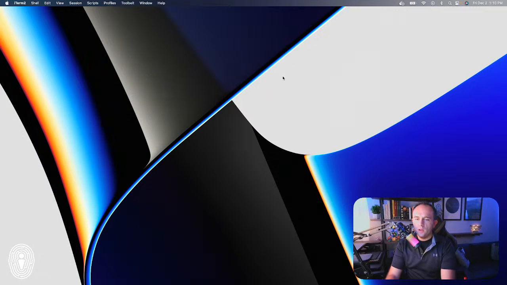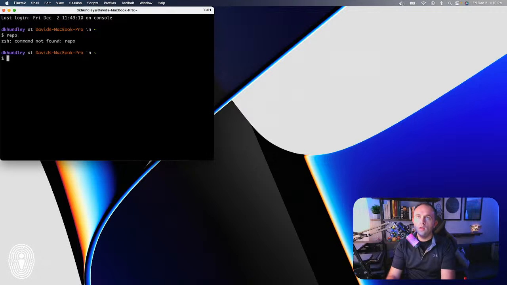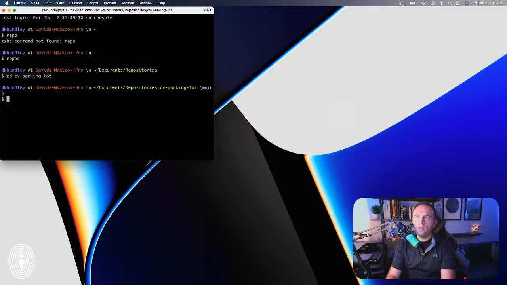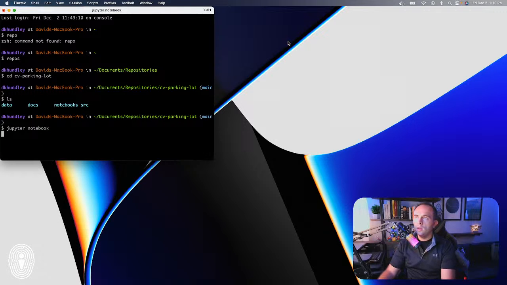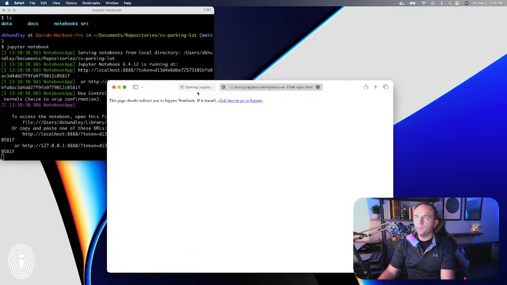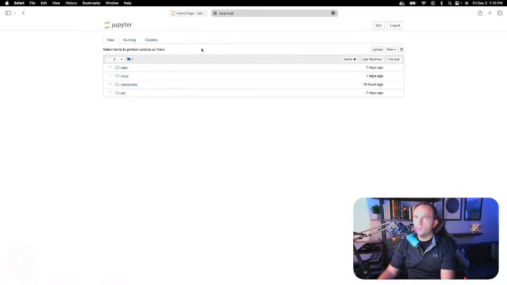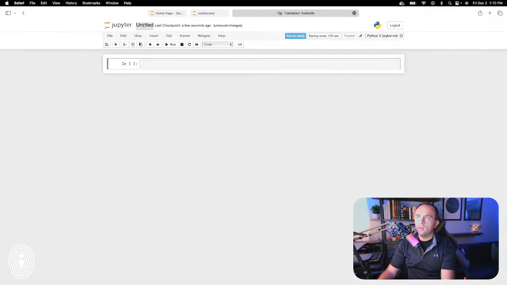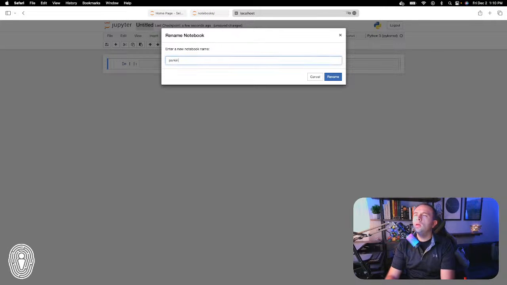All right, let's go ahead and fire up a Jupyter notebook. So, repos, cd, CV parking lot, ls. All right, so Jupyter notebook. Okay, all right, let's go ahead and make this full screen. Notebooks, and let's create a brand new notebook here. I'm going to call this parking diagram